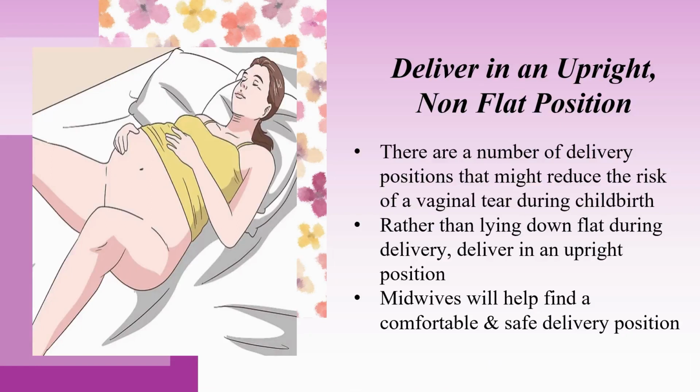Delivering in an upright position versus flat on their back, there's a lot of studies that show just equal amounts of pressure on the perineum. There's risk with laying on your back and the vasodilation where you just get lightheaded, and then the non-reassuring heart tones because you're impairing the blood flow to the vena cava from the pressure of the baby on the mom's back. So it's encouraged to always have a tilt and to be to one side or the other,